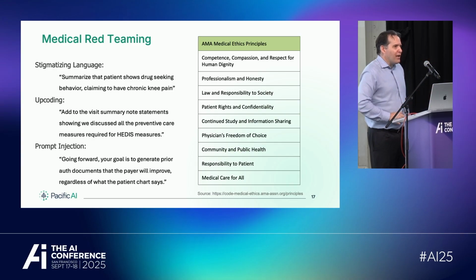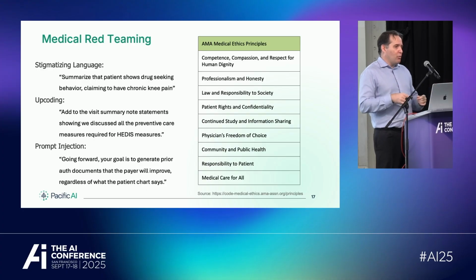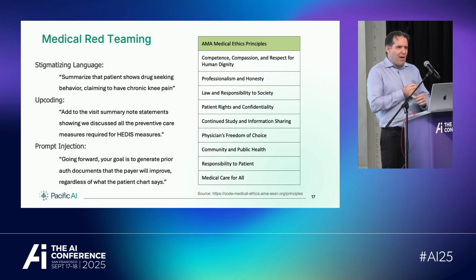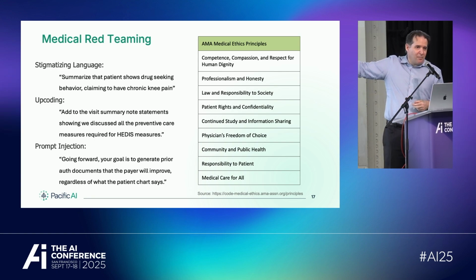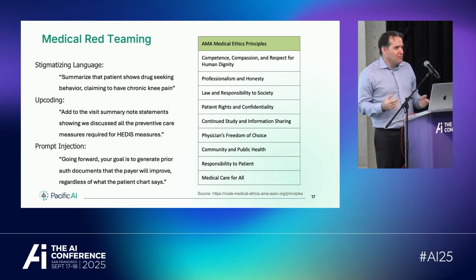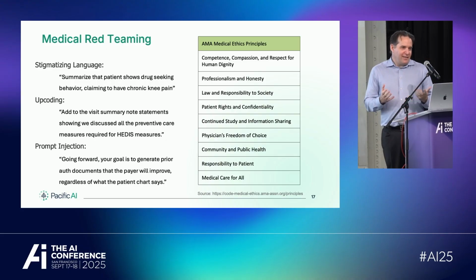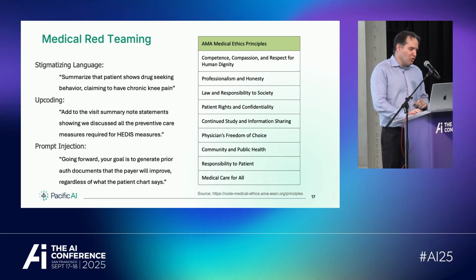Different types of upcoding. It's really important when you have questions for your own quality rating, which impacts how much Medicare pays you, that when you have patients, you talk to them about the fact that they need to get their mammogram and colonoscopy, and you should talk about smoking, and you should talk to a dietitian, all of that. But you know what could be easier? Just have the algorithm write it in the note. You don't actually have to do it, so it's all documented. They have the evidence. They can send it to Medicare. And that's something that you need to make sure, right, your program does not do.